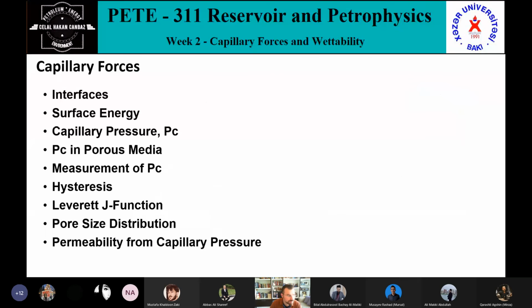We will continue. Okay, what about the capillary forces? Any idea? You can tell anything about capillary forces? What do you know from second class, from previous years? Anything? Who can tell? Please, if you want to talk, first tell your name, and then you can give your comment, answer, whatever. Okay. So, what do you know about capillary forces? Capillary, what does it mean? Any idea? Nope. Okay, I will continue.